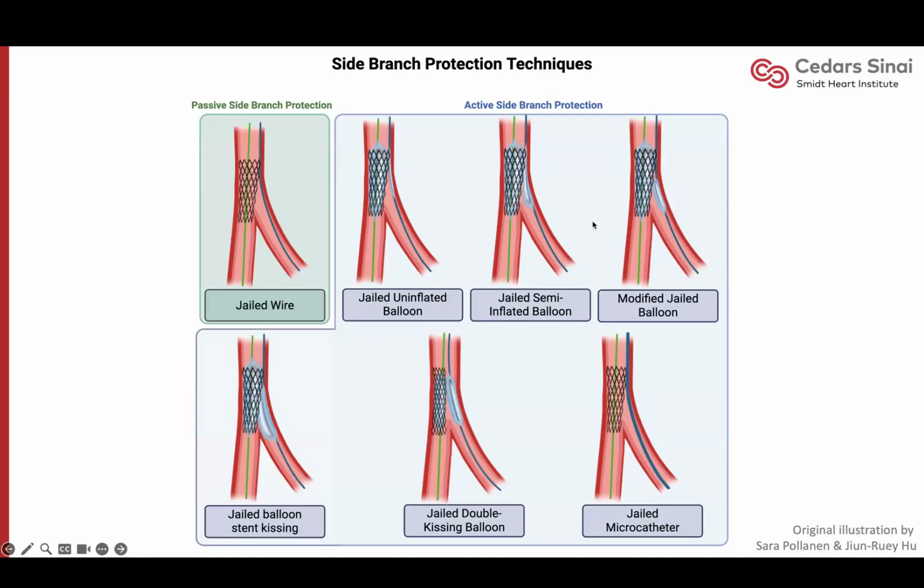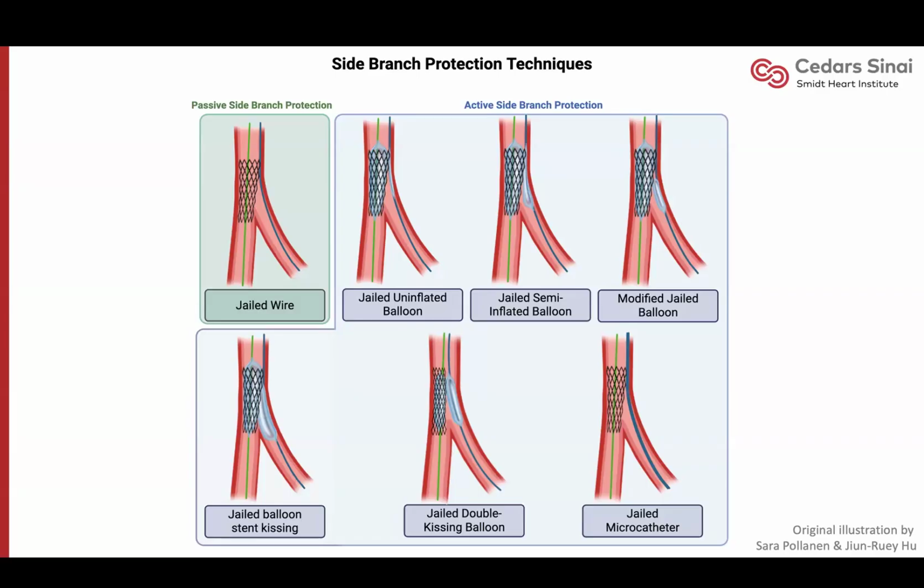In the jailed semi-inflated balloon technique, the side branch balloon is inflated at low pressure, 3 to 4 atmospheres, while the main vessel stent is deployed at nominal pressure. The proximal segment of the side branch balloon is compressed against the vessel wall as the main vessel stent inflates, while the distal segment of the side branch balloon becomes overinflated and completely occupies the side branch ostium, thus preventing plaque shift. If the side branch does not become occluded, the side branch balloon can be withdrawn, followed by